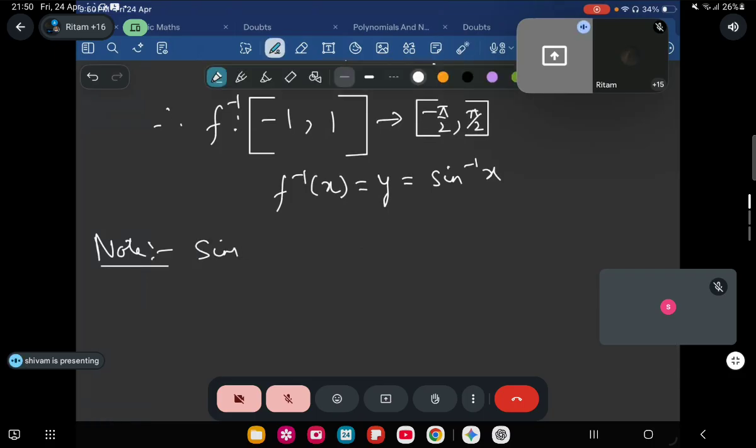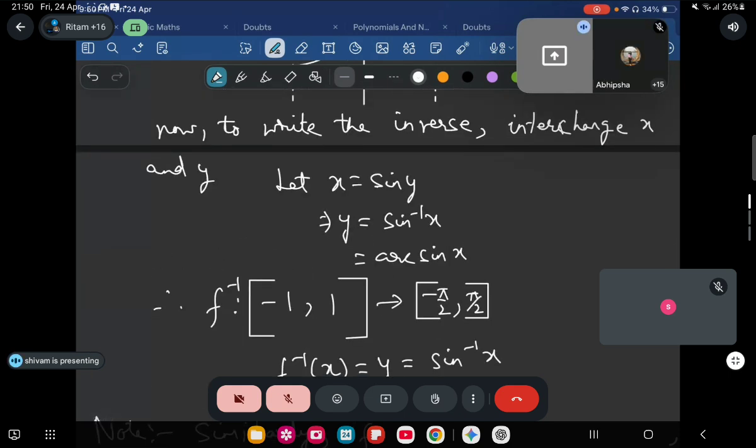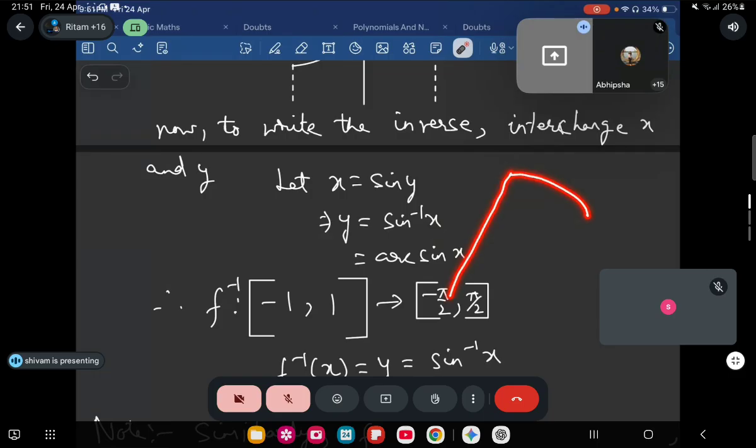Similarly, you people know, sir, what is arc sin x? This is another way of writing sine inverse x. And why do we write arc sin x? Because sine inverse x represents an angle, and an angle is represented by an arc. An arc subtends an angle at the origin. That is why we write it as arc sin x, because it is actually an angle.